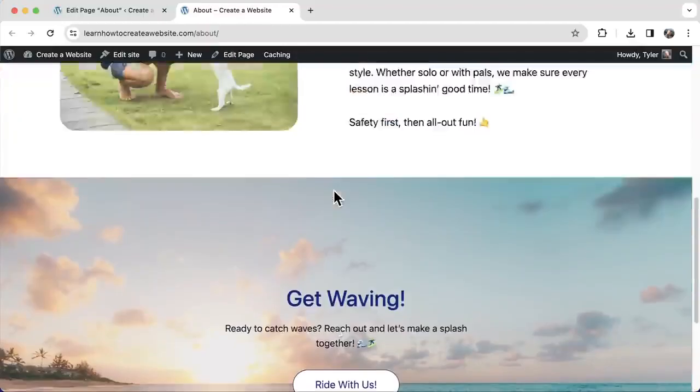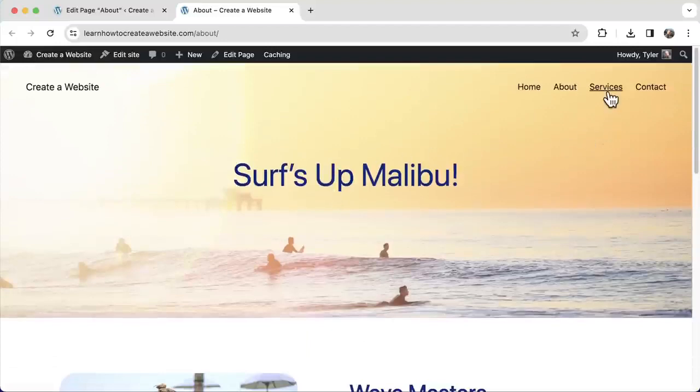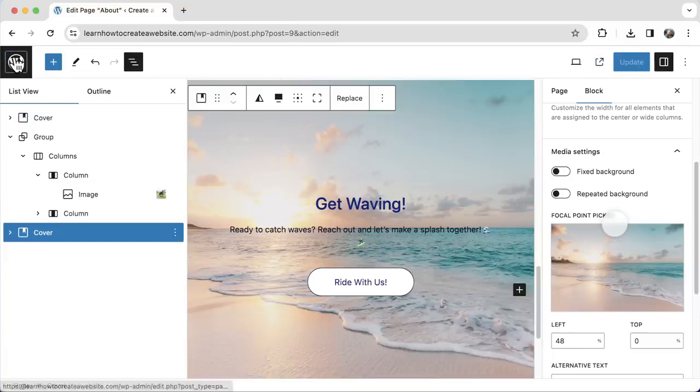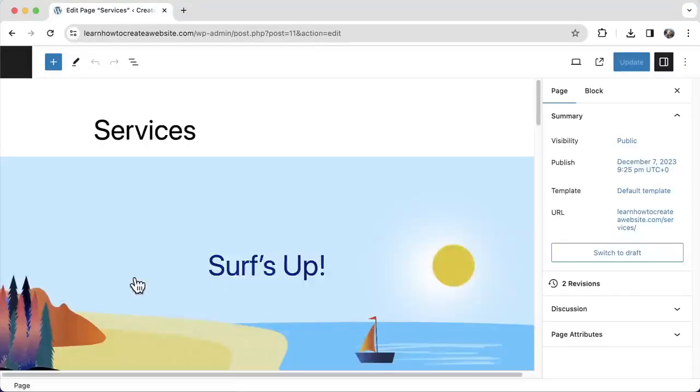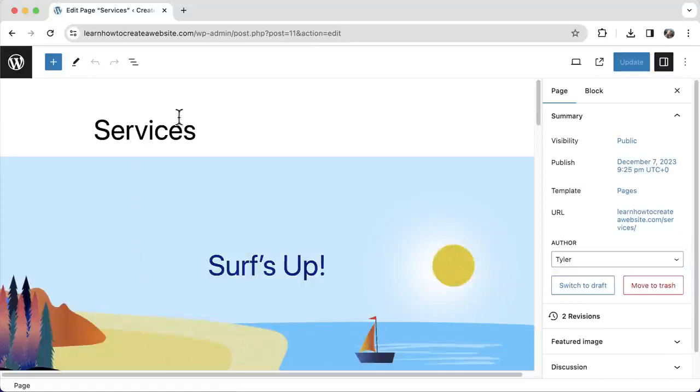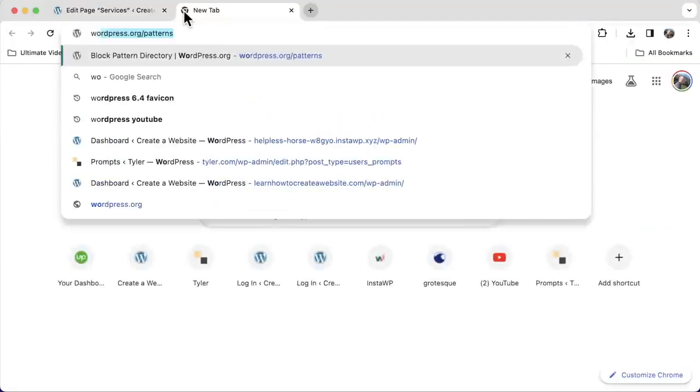The next thing that we're going to do is our services page. So all we have to do is exit out of here, and then click on this W to go back, and then click on services. And on this page, I want to show you something super cool that this theme is compatible with. If we open up a new tab and we go to